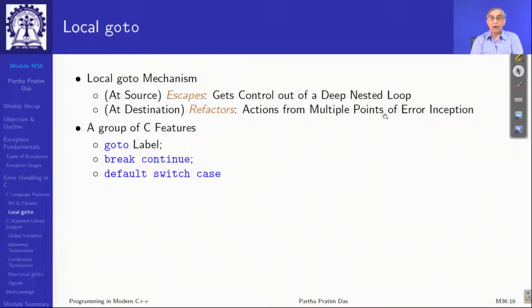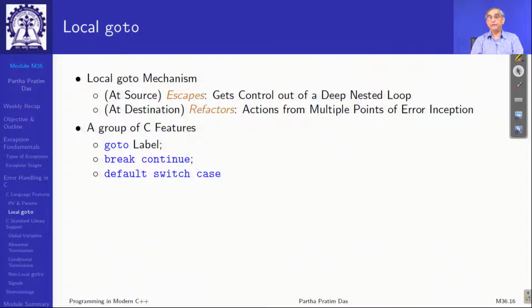Local go-tos, or simply go-tos for now, have always helped C programmers get out from a very deeply nested loop, or refactor the same error handling code from multiple places together. So, under this I will put all different kinds of control statements like goto, break and continue, which are things that you do for error handling: if some error condition happens, you break from a loop or